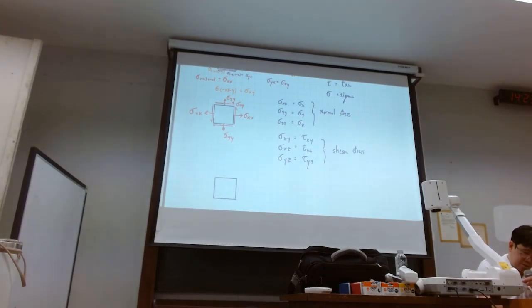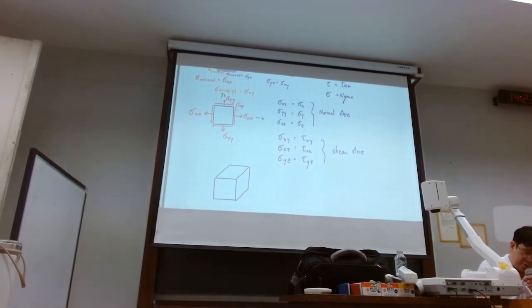I will have this 1, 2, 3 surface, 4, 5, 6. The total of 6 different surfaces in 3Ds. By the way, this is x, this is y. And if we continue with the same protocol, x, y, and z, you will have